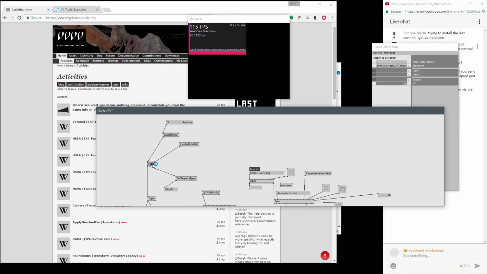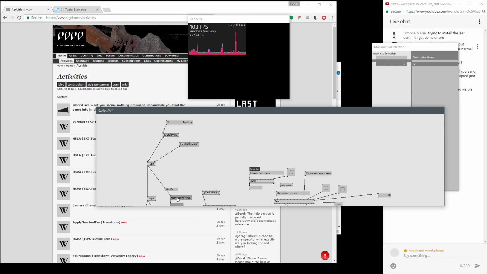Now it is by no means any competition to messages. So if you want to do anything other than joining the data together, like querying how many fields there are, adding fields dynamically,